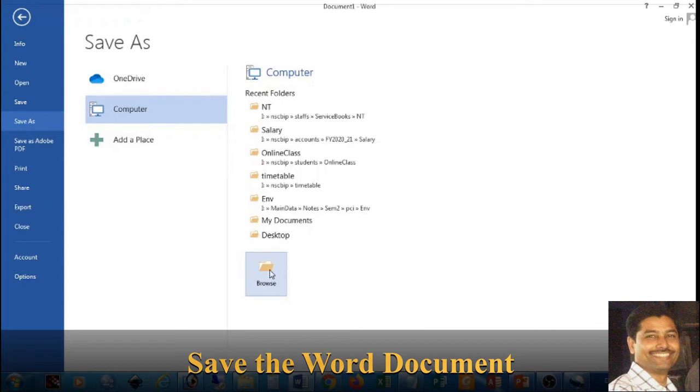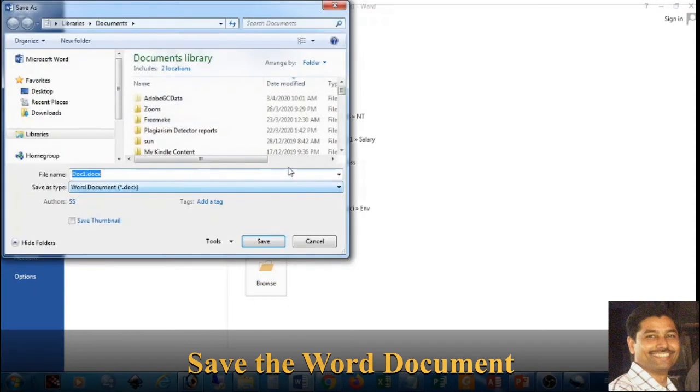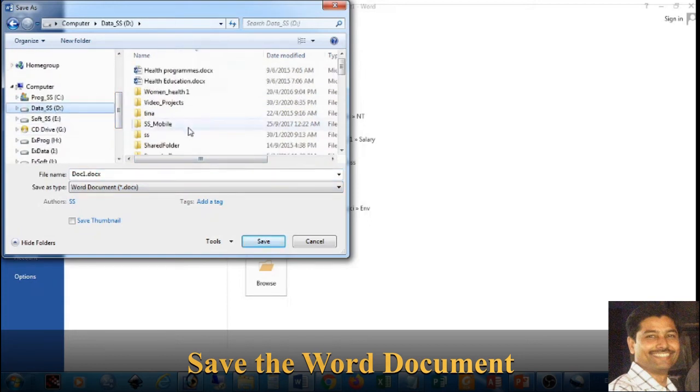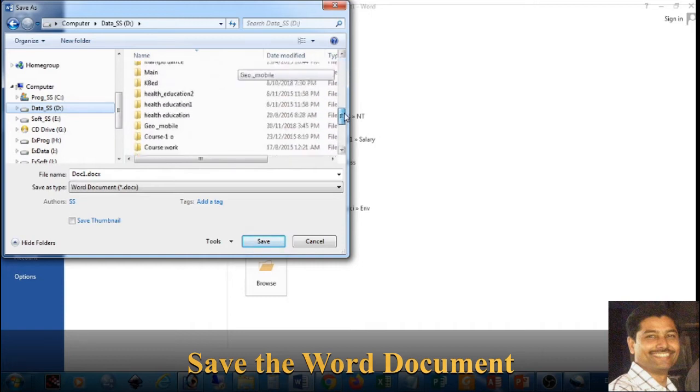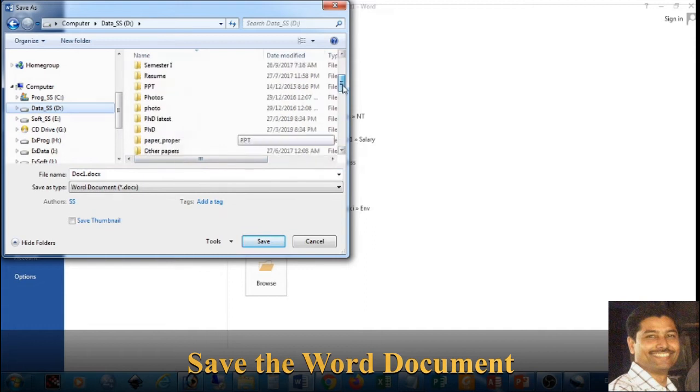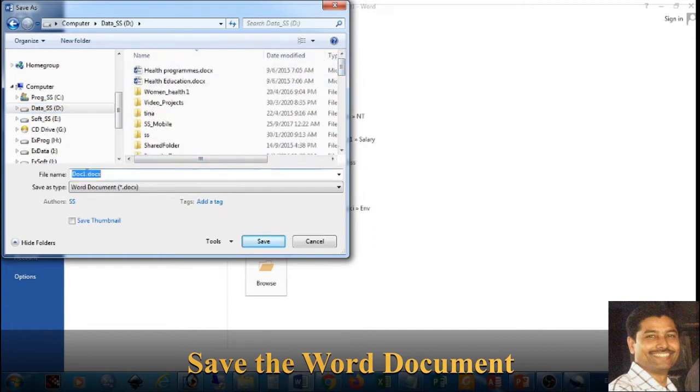That's why I will prefer to browse and go away from C drive to some other drive like D, something like this. There you can create a folder or in the open area you can place it.